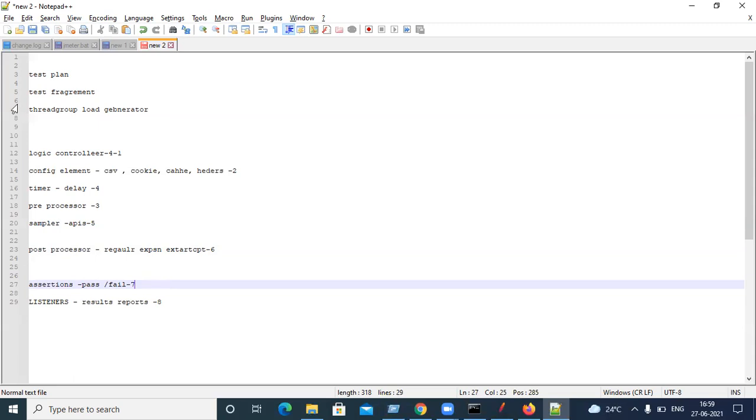You can remember it easily as LCT: logic controller, config element, timer, preprocessor, sampler, post processor, assertion, listeners. And apart from these, test plan, test fragment, thread group. The whole JMeter depends on these components only. If you know each component, its purpose and how it helps in project testing, it's very easy to learn JMeter.